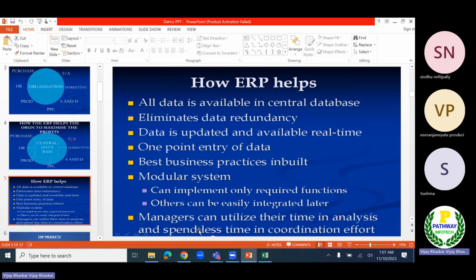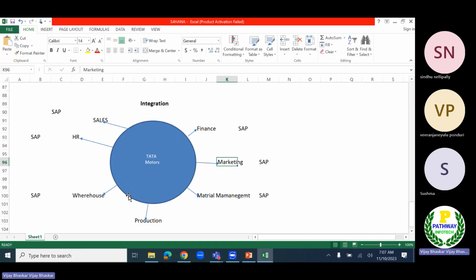Now, managers can utilize their time in analysis and spend less time in coordination efforts. As I mentioned, all the information is available in the central common database, where they can coordinate between each and every department. Since the data is available in a central database, the management people will spend more and more time on analysis.